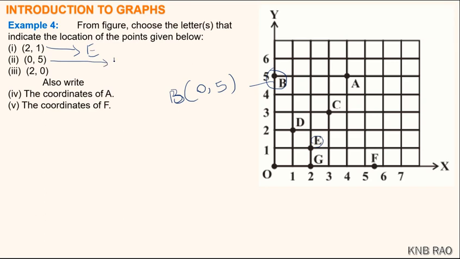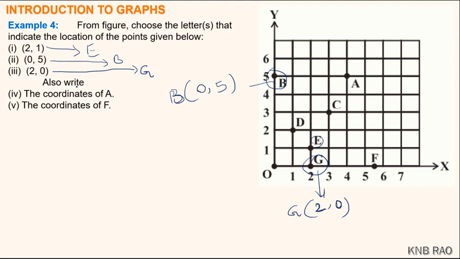Okay, these are the coordinates of the point B. Now 2 comma 0 will be the point: the number corresponding to the x-axis is 2, and the number corresponding to the y-axis is 0. Remember children, any point lying on the x-axis will have its y coordinate 0 and its x coordinate a non-zero number. Here the coordinates of point G are 2 comma 0. So this is the point Z.